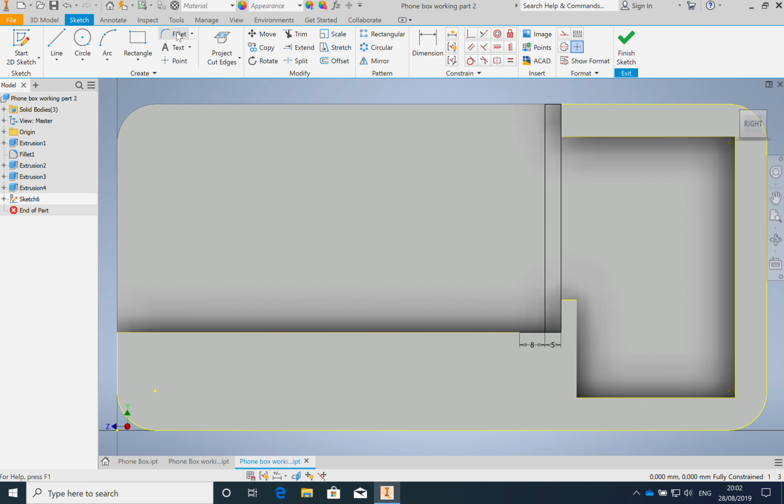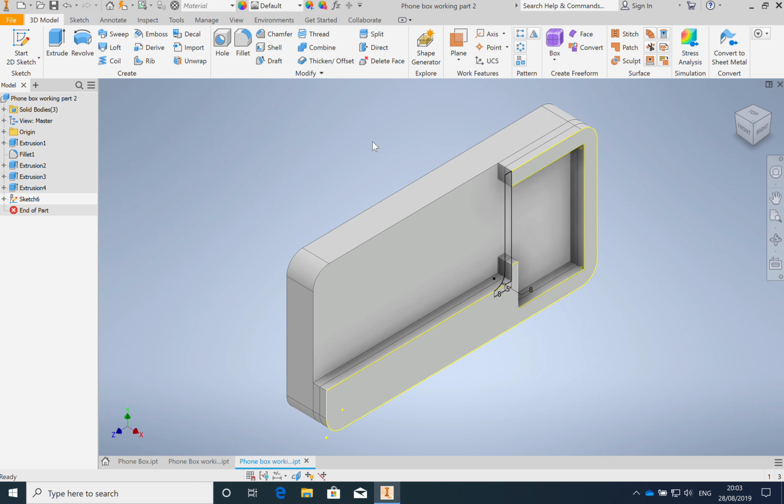Now I'm going to use the fillet tool, and I'm going to make sure this selects to 8 here. Okay, so put that in as 8. And then now you can select this line and this line here, and that's put a nice fillet in. This is doing it in 2D rather than 3D like we did earlier. Once it's done that, get rid of that part there,